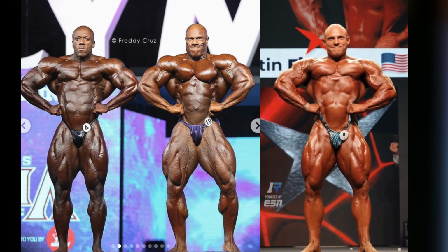In this video, we are going to compare 2018 winner Shawn Rhoden and first runner-up Phil Heath and this year's Prague Pro winner Martin Fitzwater. So we are going to compare these three athletes. So let's start. In front lat spread, you can see Shawn Rhoden was so conditioned in 2018, and we